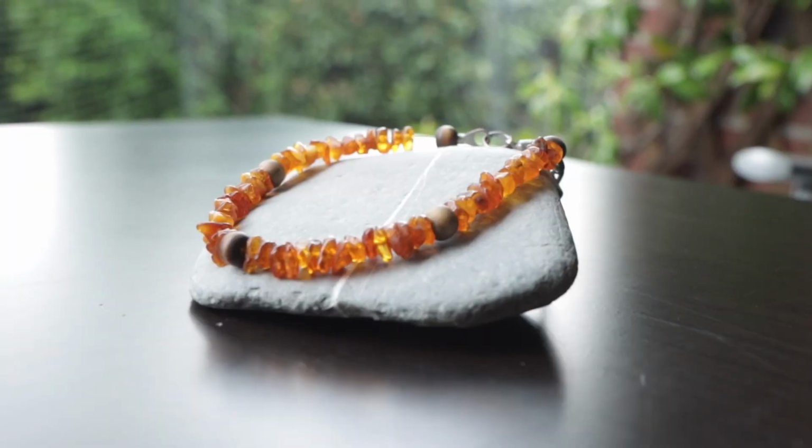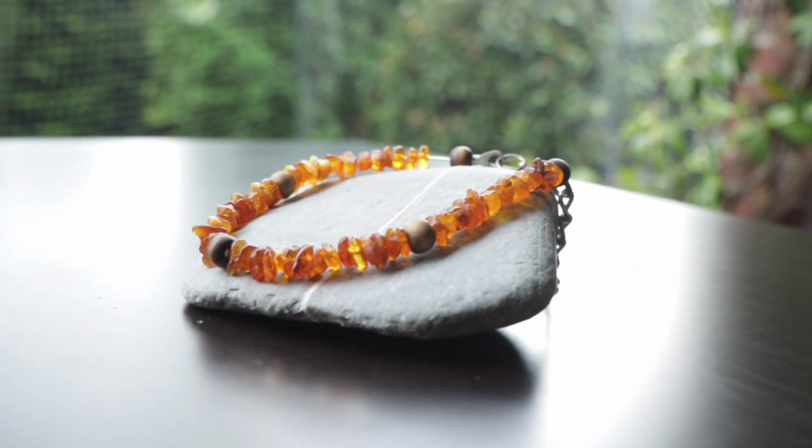Amber necklaces are made of amber, which is fossilized pine sap. They are safe, non-toxic, they give off no smell, and they also leave no residue when you touch them with your hands. To understand the mechanism of action of amber against ticks and fleas, we need to understand